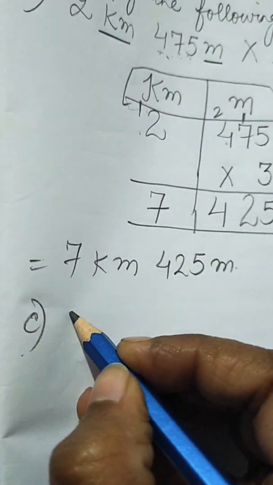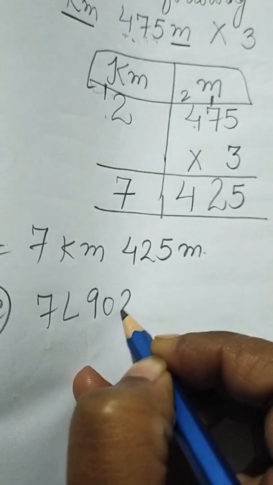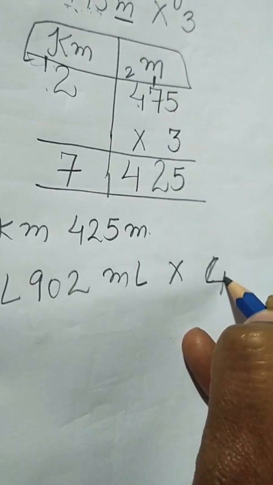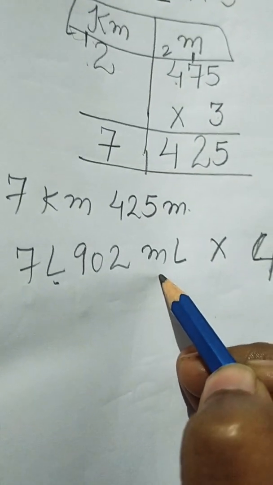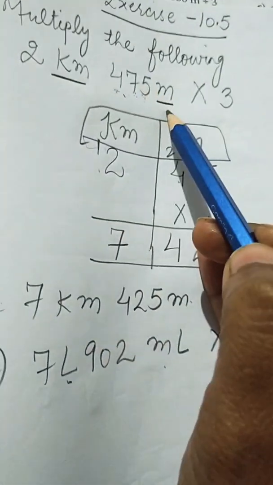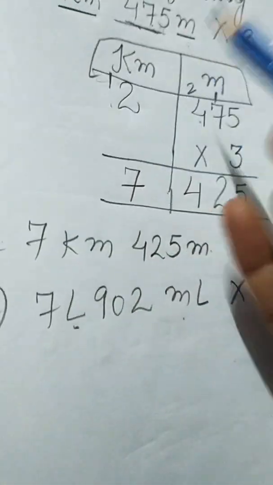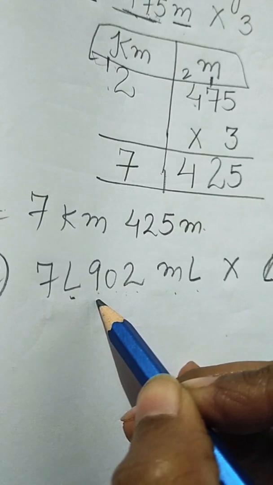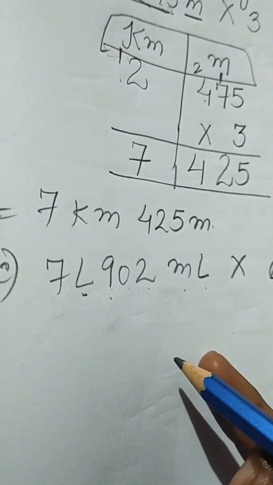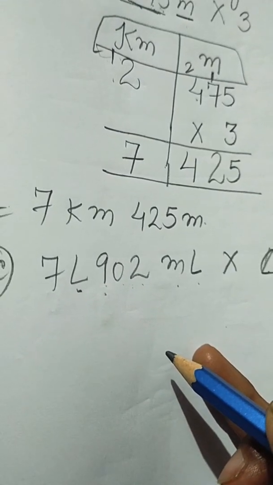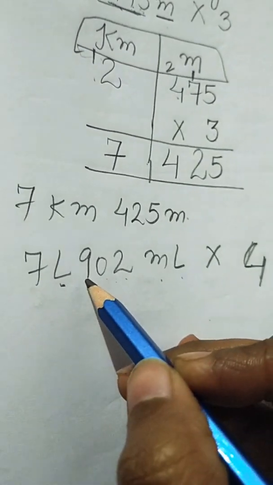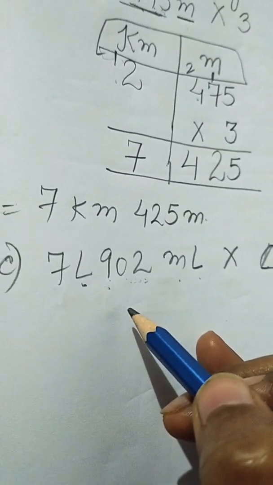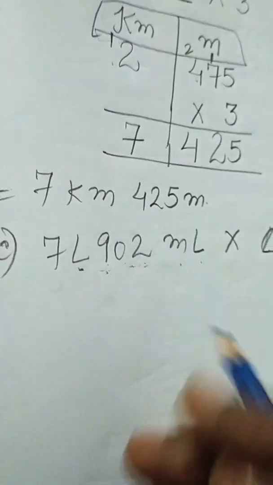C part, the statement of C part is 7 liter 902 milliliter multiplied by 4. Here liter and milliliter are there. As we have done in kilometer and meter, in the same way before milliliter there must be 3 digits. If 3 digits are given in the sum, then it's okay, directly you will do the multiplication. But if you are not given the 3 digits, then you can make these complete by putting the zeros. But here in this sum you can see already the 3 digits are given,